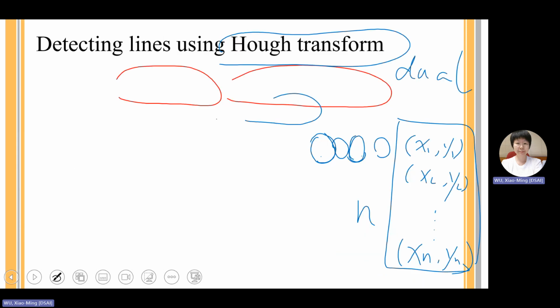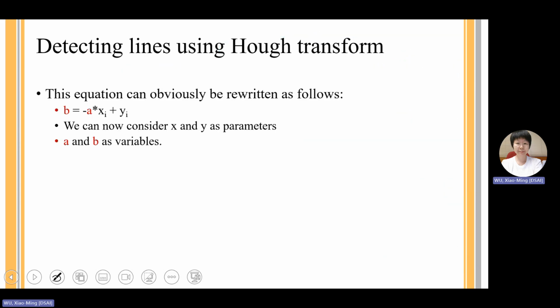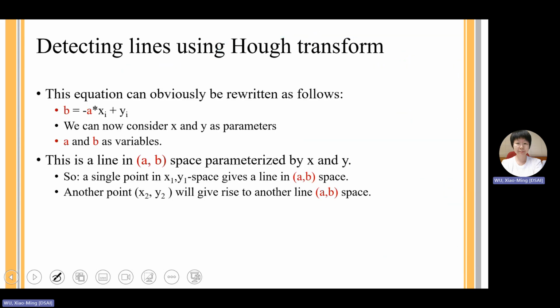Then these points will satisfy this equation, because they all sit on the same line. They will share this equation. Common to them is that they share the same slope and intercept, A and B. Okay, clear? Well, if we consider the dual space, in the dual space, the variables are A and B,